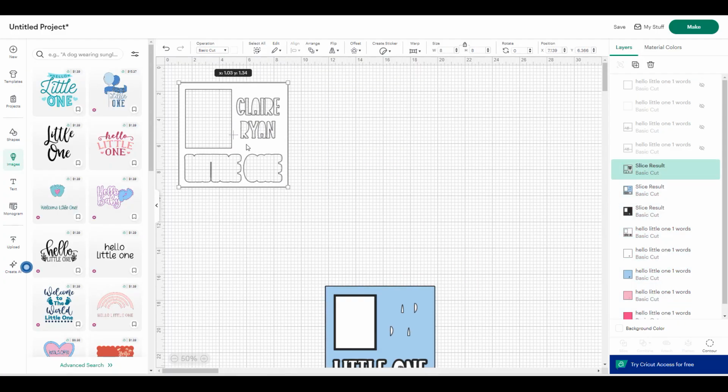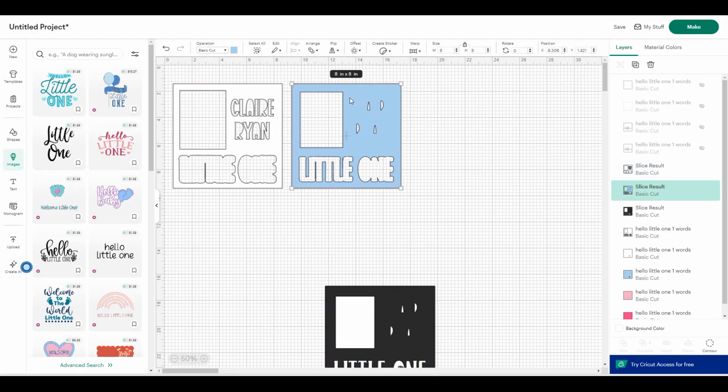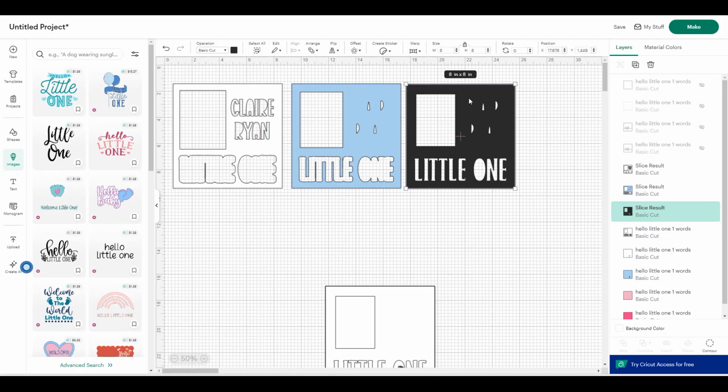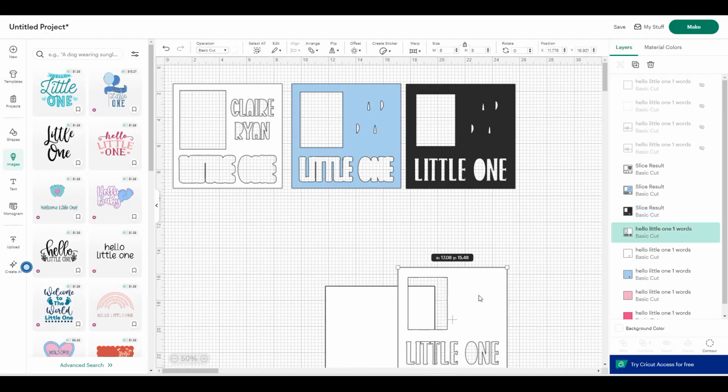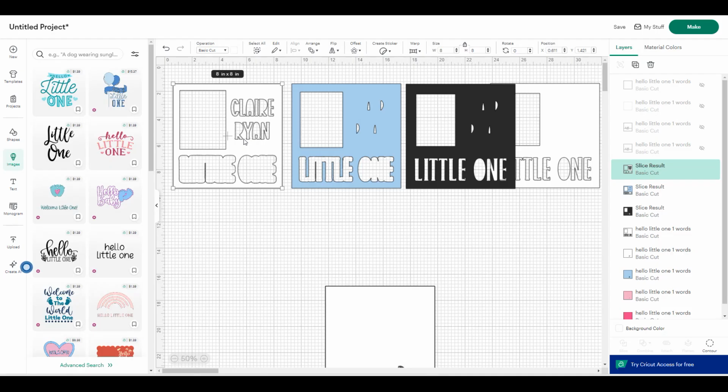All right, so my original white layer, that's layer 1. Layer 2 is the blue layer. Layer 1 has Claire Ryan cut out of it and the insides missing. Layer 2, the blue layer, has just the insides missing. The black layer also has the insides missing, so that the insides can show through on this 4th layer. So as long as the 4th layer and the 1st layer, when you're creating your design, are the same color,